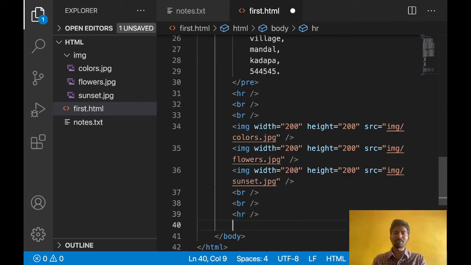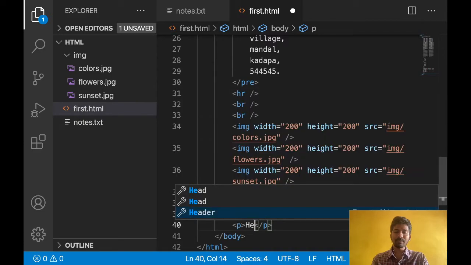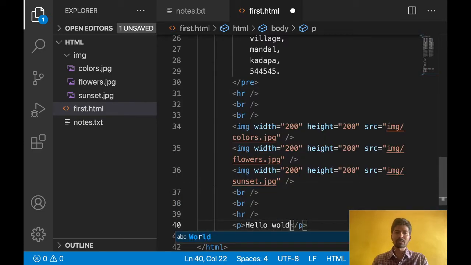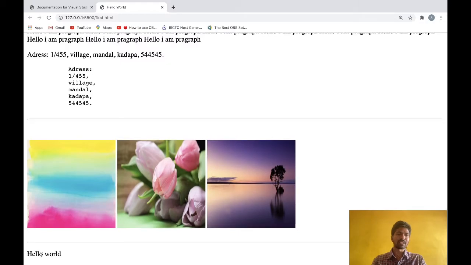Let's say one more way you can use the break element. Let's say I have some paragraph: Hello world. Now I'm just saving this one. See, this is coming like this. Now I want to break this after hello. After hello I want to break, and I want to display whatever content comes next in the next line.